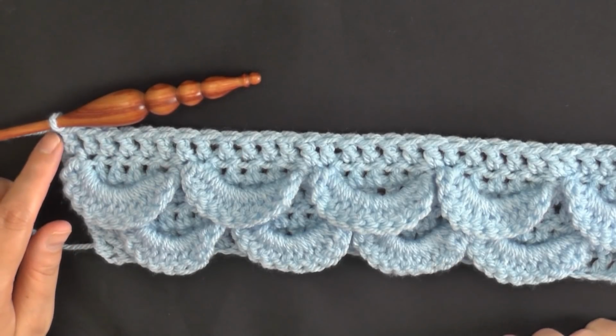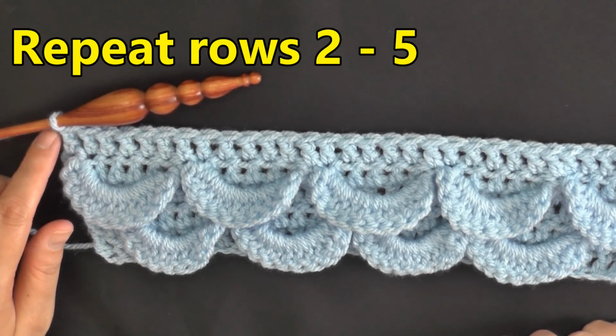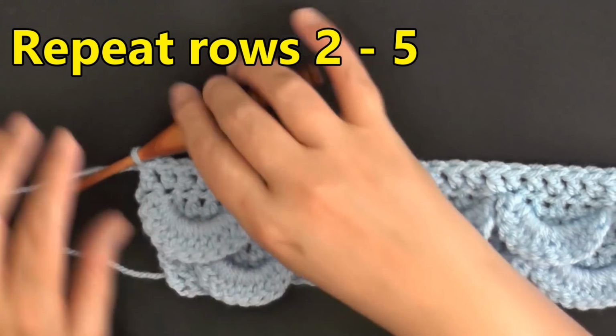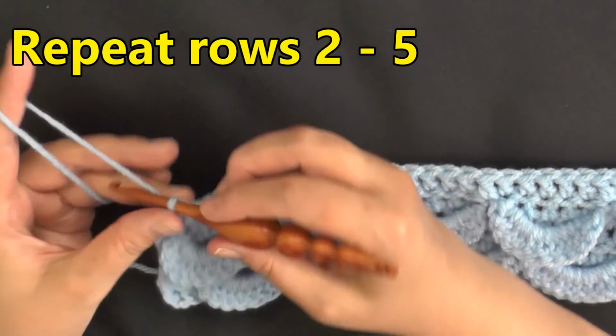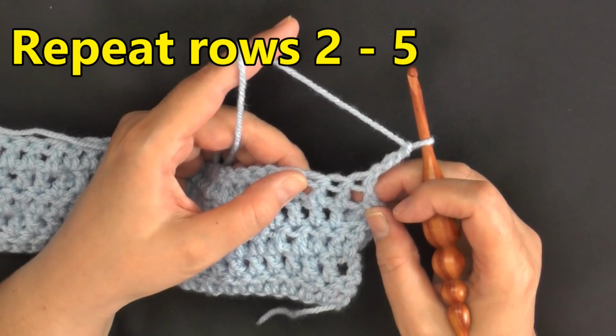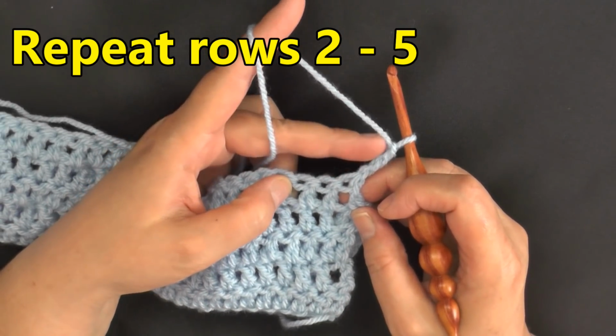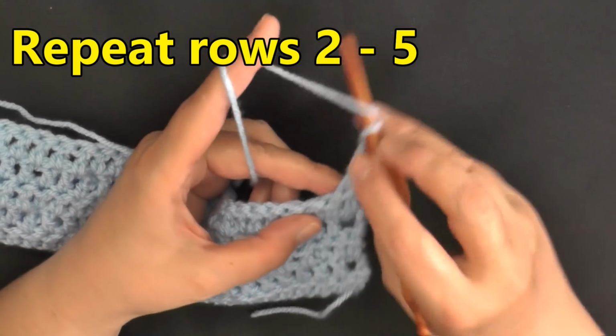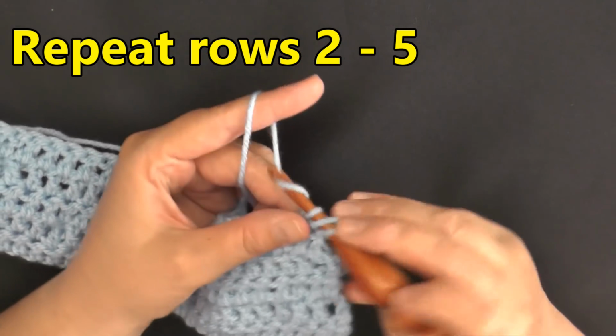Now you're going to be repeating from row 2, and you're going to be repeating rows 2 through 5. And remember, row 2 is just chaining 3, turn. You're going to double crochet. This one here is the chain 3, so that counts as the first stitch. So you're going to put a double crochet in the next 2 stitches,